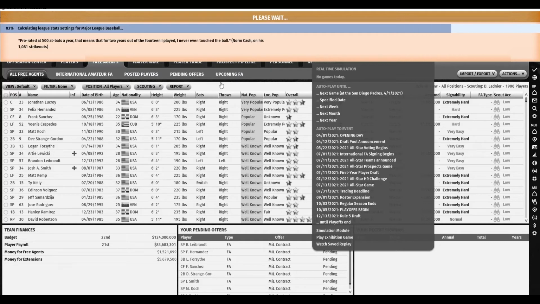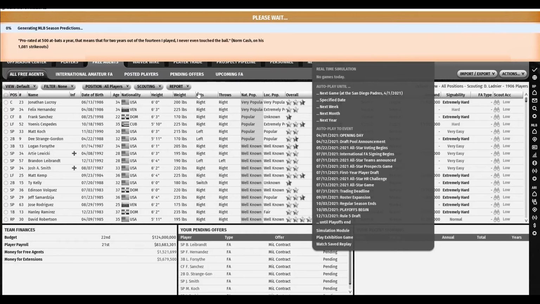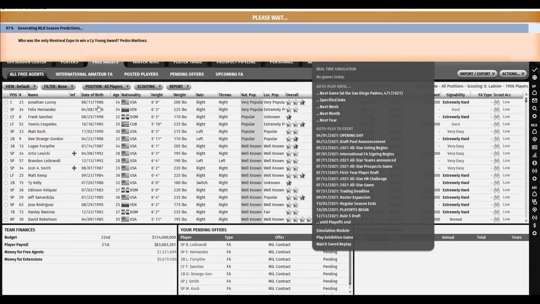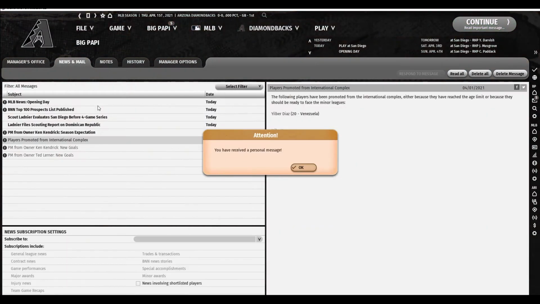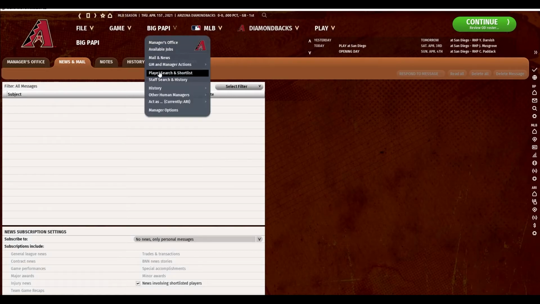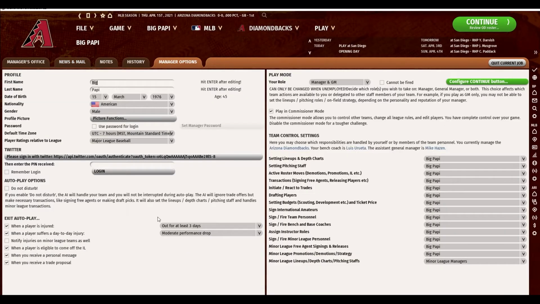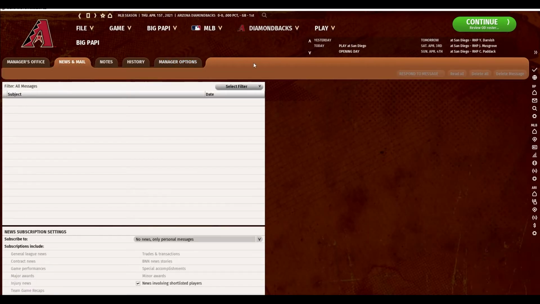And there's no guarantee you will, but this is a quick and easy way to pick up 6 to 8 points in your fan interest, which will cushion the blow of potentially having to sign a popular current veteran or somebody that's on your team. So let's just delete these messages. We're not interested in the gameplay, obviously. So I want to make sure that we get our messages here. So we're just going to keep simming until we get